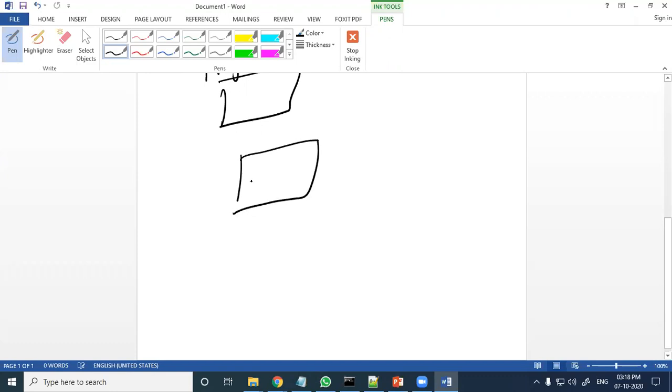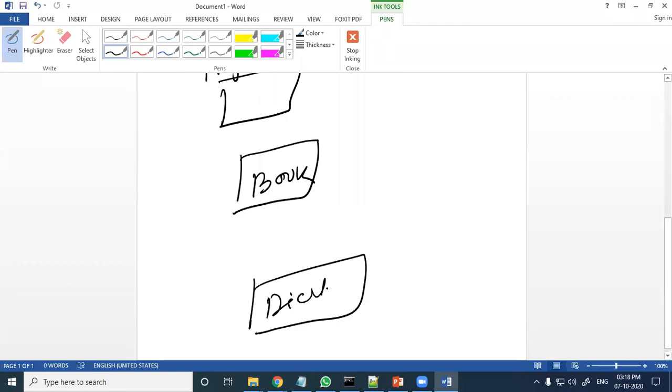Suppose one parent is a book, as we have seen here. Next, there is a child, dictionary. As I told you, this type of drawing is called UML drawing, Unified Modeling Language drawing.